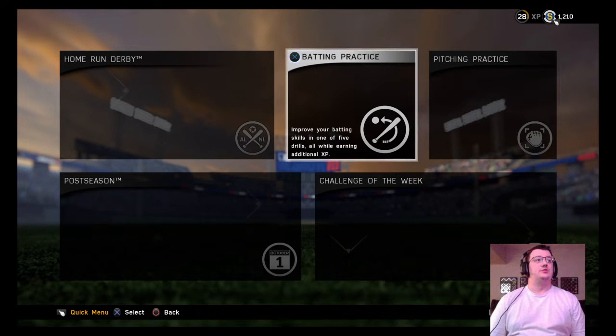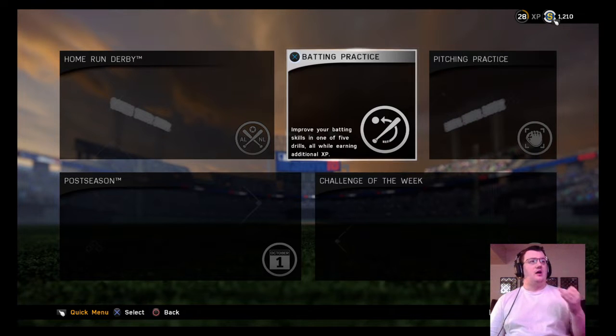There are a couple of interfaces you can use in this game in order to hit, but I'm about to show you the best one that you can use, and some tips about how to use it. Like all the top players in the game, like Cardinal Bird 5, I'm Gone, Pitching Rebel, they're all using this interface. So what I thought I would do for you guys is bring a batting practice tutorial on how to use this interface. And this interface is zone hitting, and then you set your PCI or plate coverage indicator to